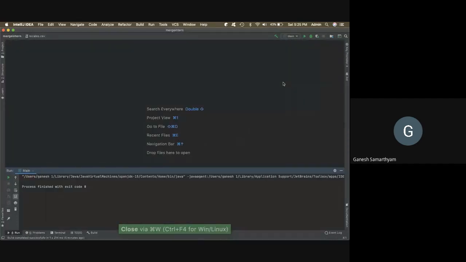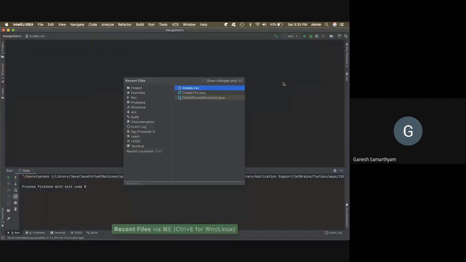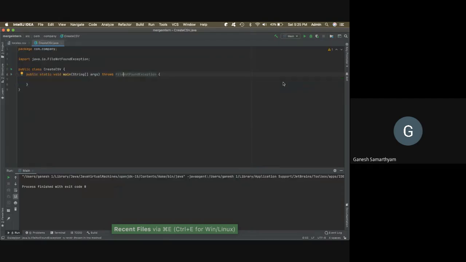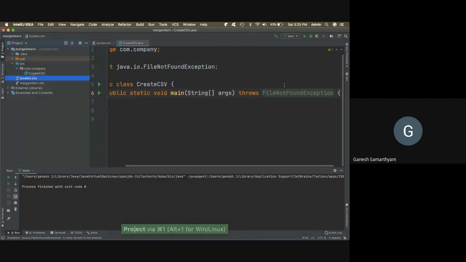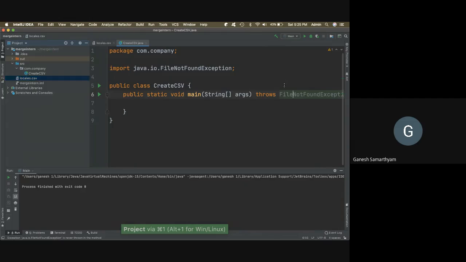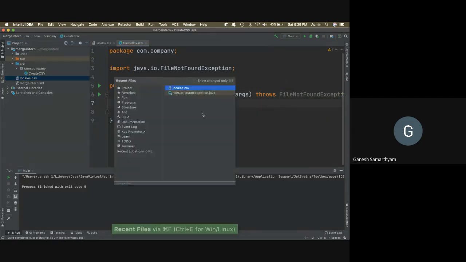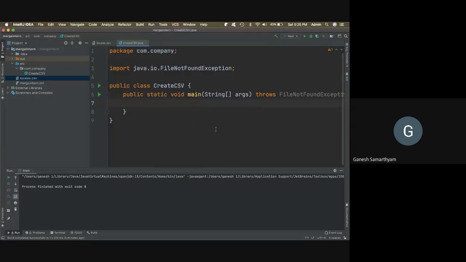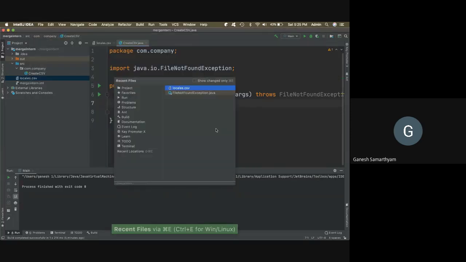And if you want to come back to them, you can say Command E and you'll be able to get to our original code very fast. And the project window in a bigger size. So whatever you want, you'll be able to do faster navigation. So that is another one, Command E. That is actually Recent Files, something very useful. I mean, that doesn't qualify for the top 5 keyboard shortcuts ever, but I think it's still a useful one. So Command plus E. What is the one for Control E in Windows?